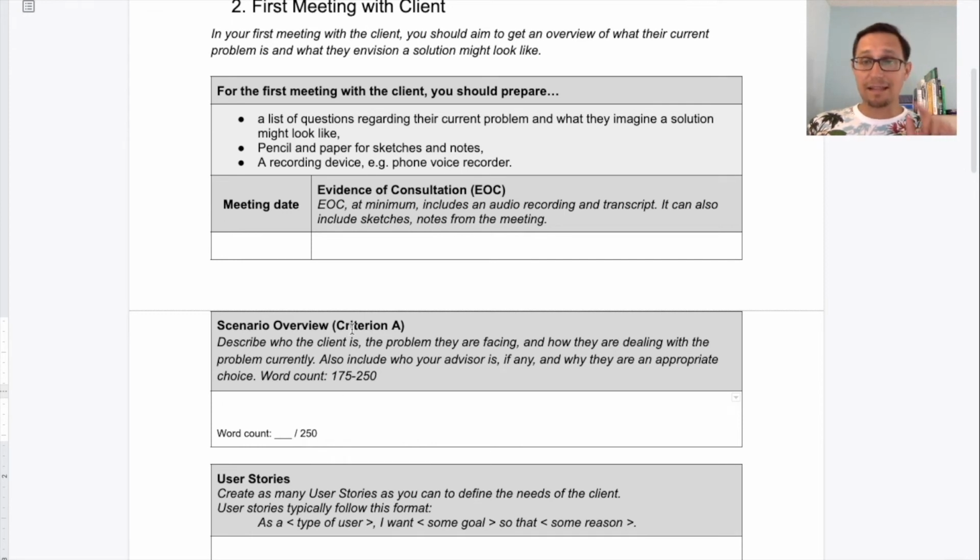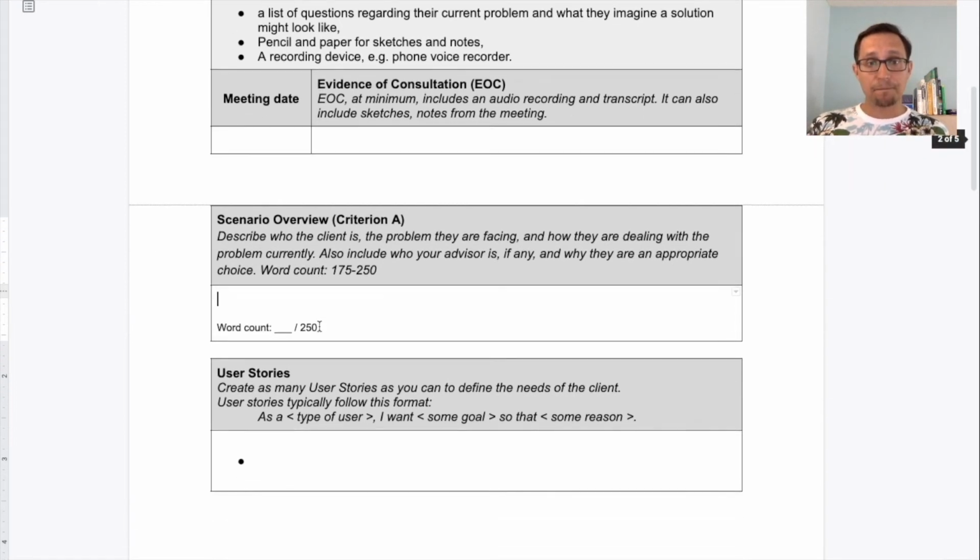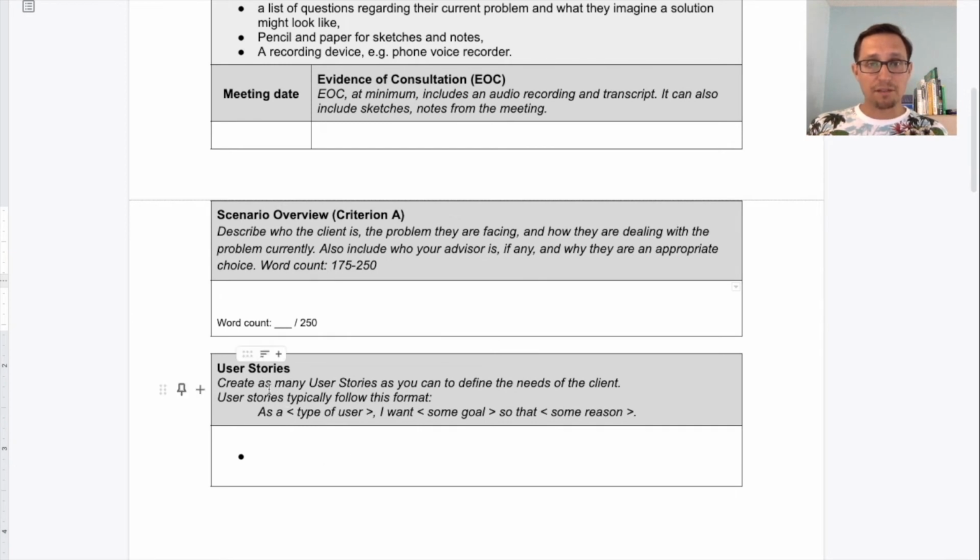This is something that later, when you're compiling criterion A, you're directly going to copy and paste it in. So whatever you write, write it well, because this will be sent off to the IB and evaluated. Finally, user stories. So create as many user stories as you can to define the needs of the clients and